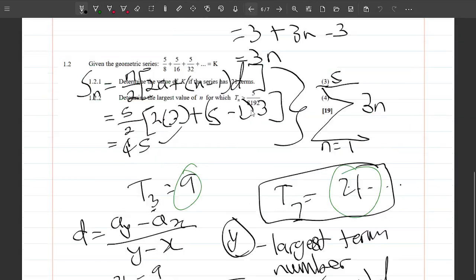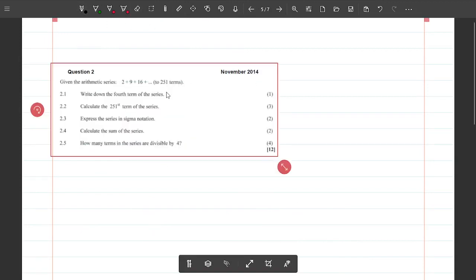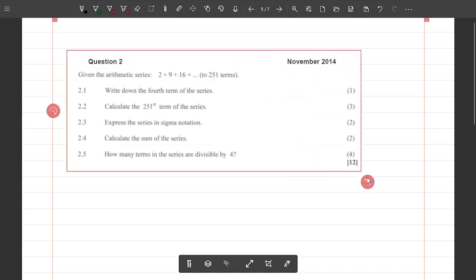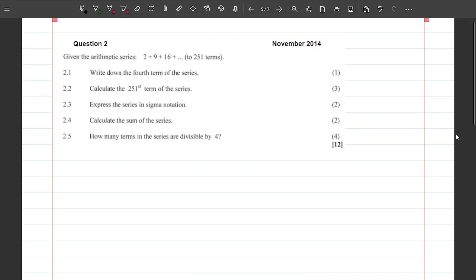So I use this page. I'm just going to clear out everything that is on this page. All right. This is the question. This is from November 2014 as well, and here we go. Let's get started with that. So you're given this arithmetic series and this goes all the way up to term number 251, and they want you to write down the fourth term of this series. This is as dumb as it gets, but anyways,